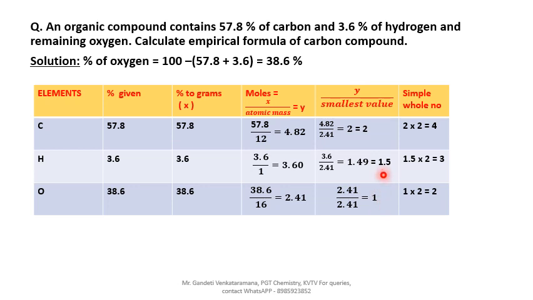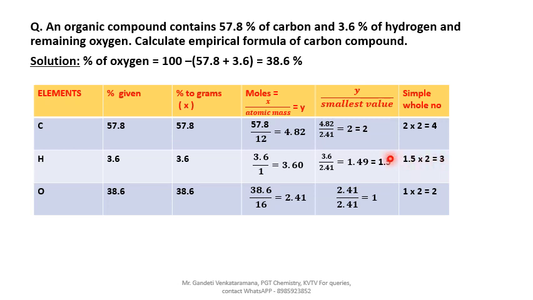Now, simple whole number, I have already mentioned. Okay, fractions or decimals are not allowed in the simple whole number. Look at the heading, it should be whole number. Again, it should not be decimal points like this. Okay, so already we are getting 1.5. It is not allowed for the empirical formula. So 1.5 is not allowed, so multiply with 2, the nearest number. If you multiply 1.5 into 2, it becomes 3.